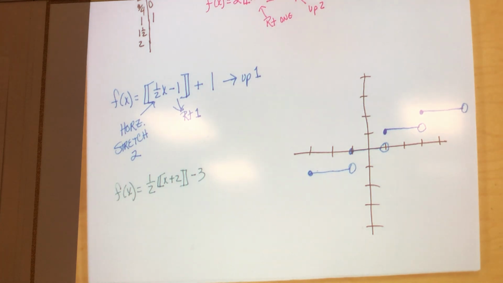I'm passing papers from the back. Half it. So plus 2. That means